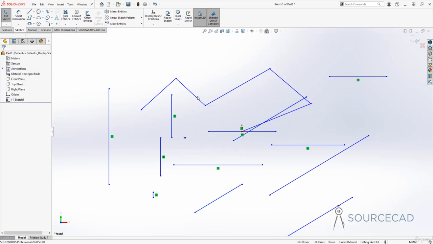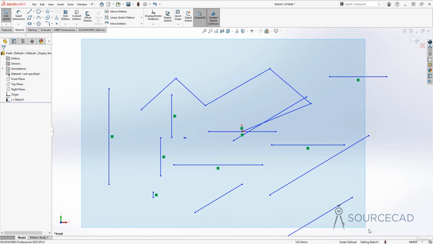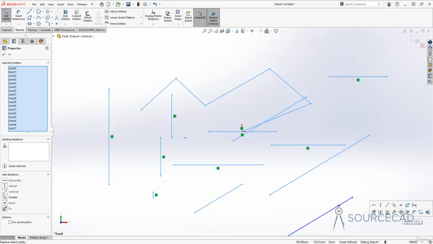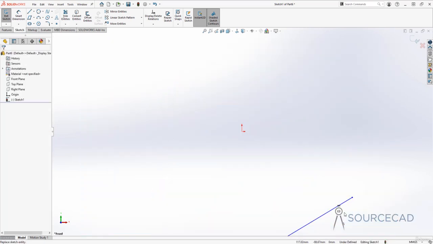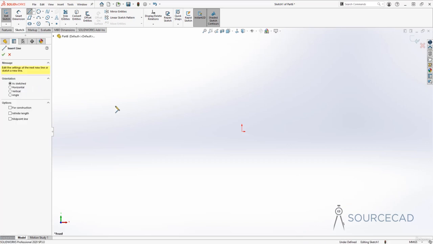All right, I'll press escape to exit out of this, and I'll just delete it all. So I'll select it all, I'll delete it. This was not selected, so I'll just click on it and delete it. Let's go to the line tool again. Now we have seen the orientation option. Let's go to options. Now in the options, we have the first option called For construction, and this will let